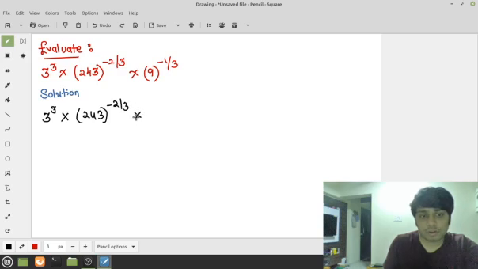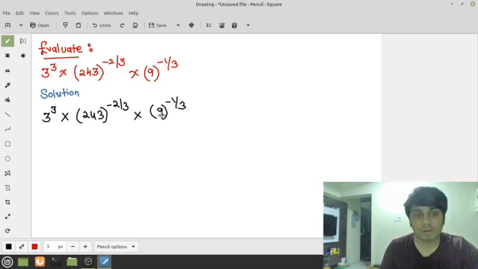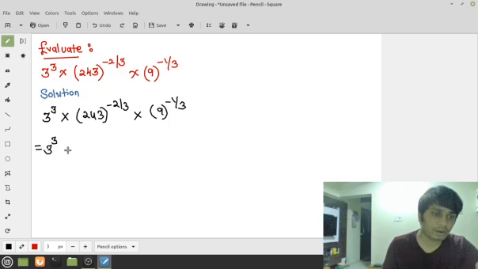Now dear students, if you observe each and every base of this question, all the parts can be converted into a common base, that is 3, right? So let's try to do it. 3 raised to 3, we will just keep it as it is because the base is a prime number, so there is no need to simplify it. You could have written 27 here, but there is no need, because we are still yet to solve the other part of the question. So multiplied by 243, the whole raised to minus 2 upon 3.